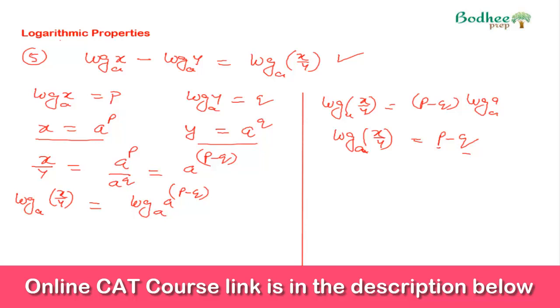So all these properties are very, very important. You have to just write them on a piece of paper a good number of times, so that you get used to it with the context, and you should not have any confusion about where we have to apply minus, where we have to apply plus, etc. Now let's move to the next property,